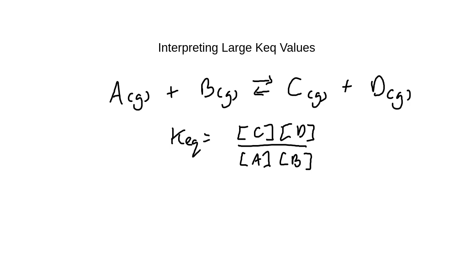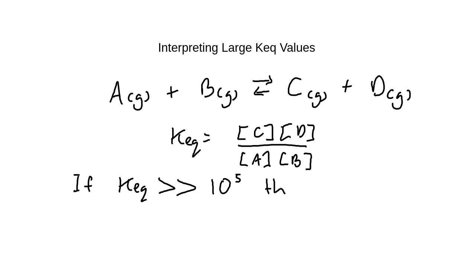Now, suppose all we know about this is the number for KEQ. Now, let's assume that KEQ is really big. Now, how big is really big? Well, hopefully you're familiar with this in math, right? If KEQ is greater than, let's show you something a little fancier. If I put two of them side by side, that means much greater than. And this is where it gets a little flaky. 10 to the 5, which is large. So if KEQ is a number bigger than 10 to the 5, in fact, much bigger, and these get to be huge numbers,